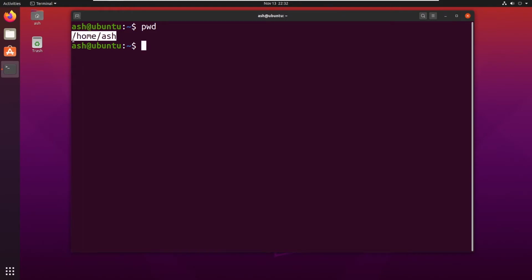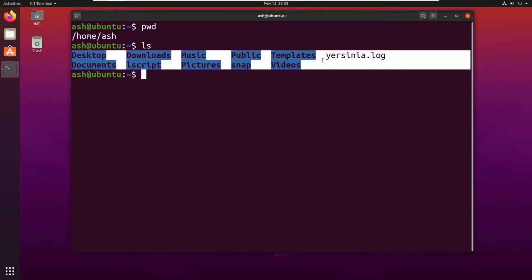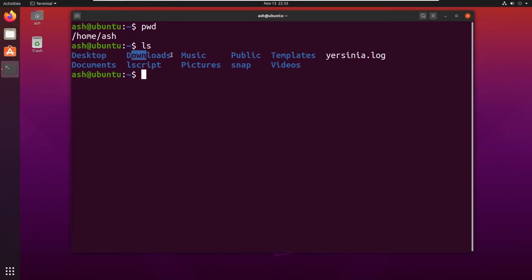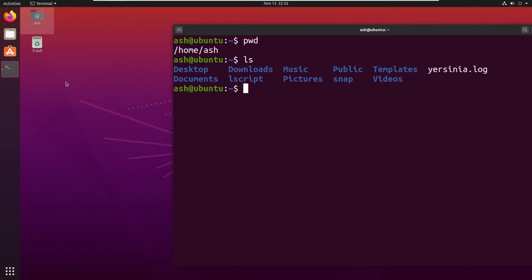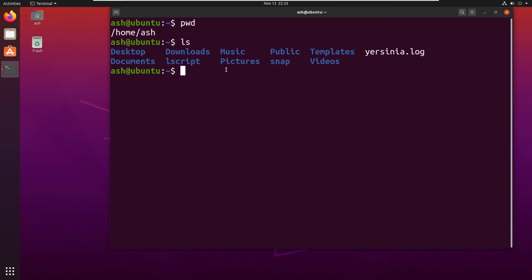To know what files or components are in this current directory, we would type ls. Here you can see there are tons of folders available: Desktop, Downloads, Music, Public, Templates, Documents, Pictures, snap, Videos. Now, if we want to go to the Desktop, we would type cd and